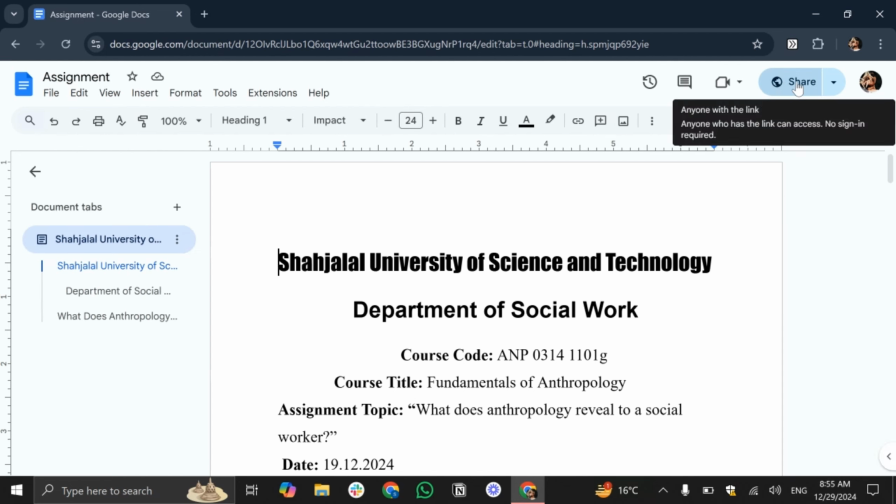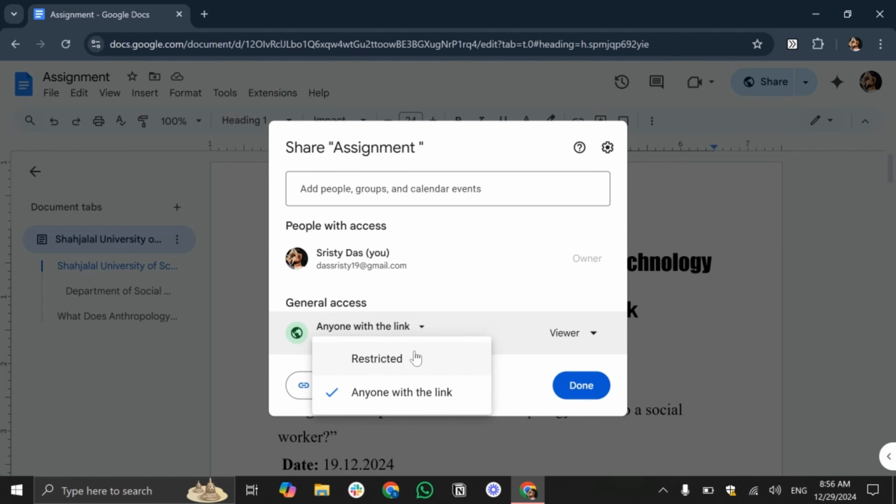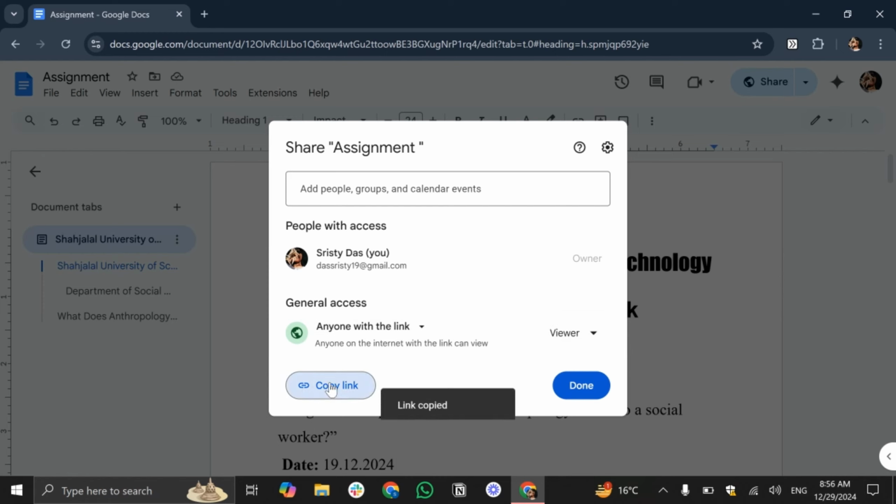and here you can see this share option. Tap on this option and in here you can see this access. I have already given the access, so if you haven't given the access, you need to give the access, and once you're done, copy the link